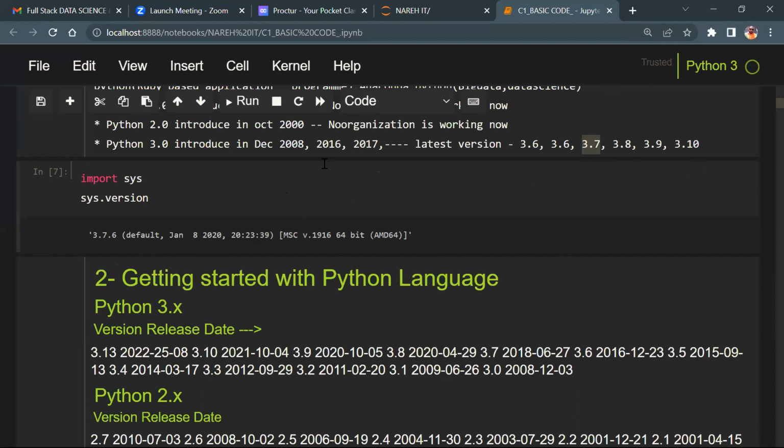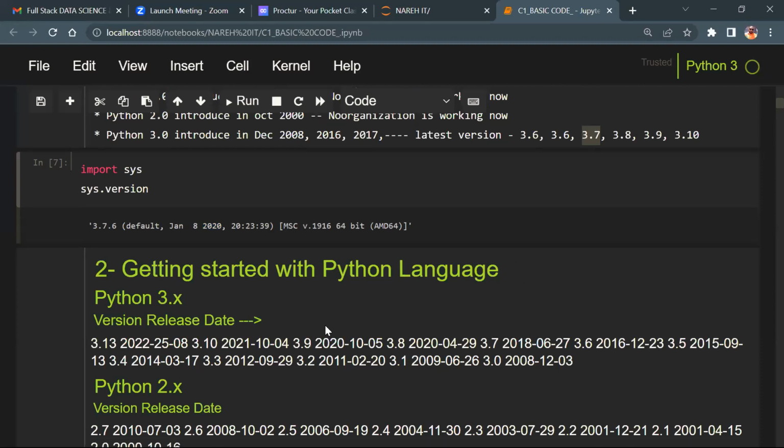Maximum you will get 3.10, 3.9, 3.10, you will get it like this. By default, you will get when exactly the version was released. So this version was released as 3.7.6 on Jan 8, 2020. Okay, which one, guys? Jan 8, 2020.